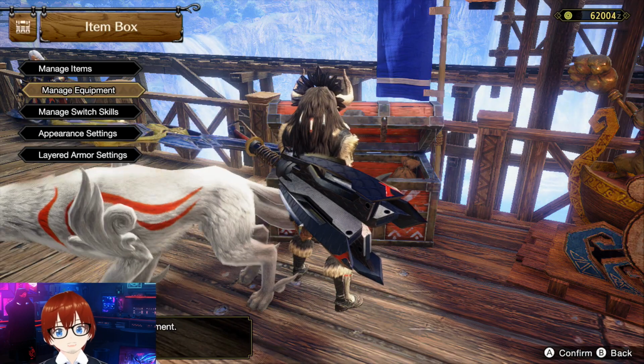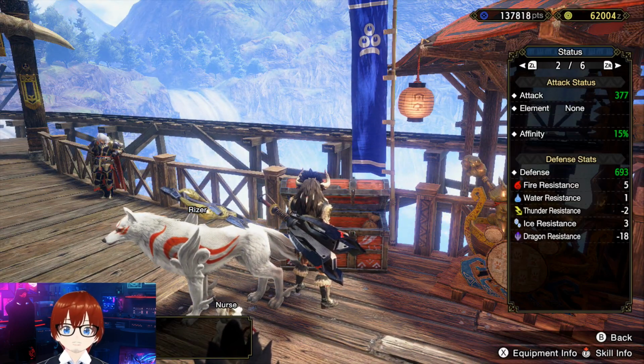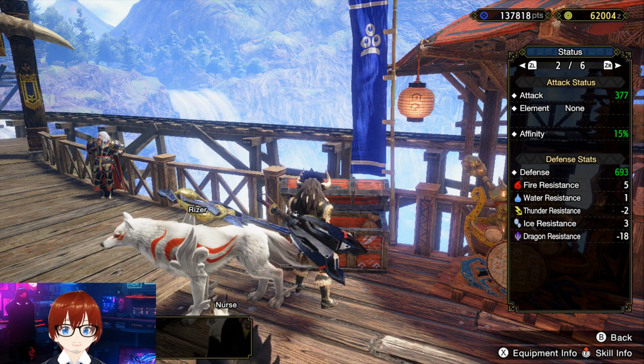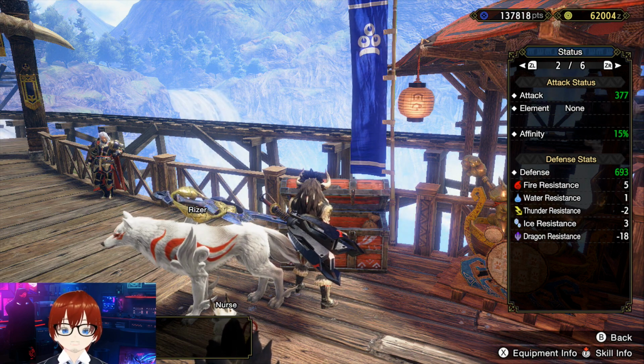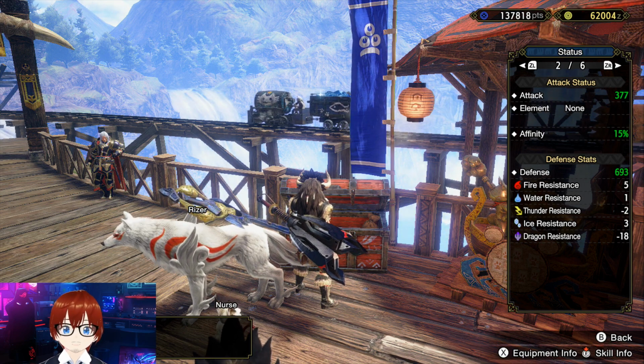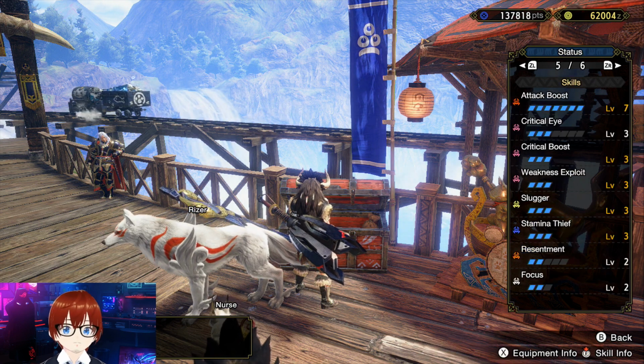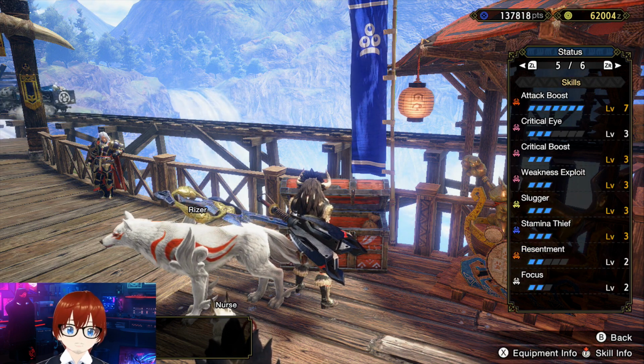When you put it all together, you're going to see that you get these basic stats here. As you can see, 377 attack, 693 defense. We don't really like Dragon or Thunder. Everything else we can kind of handle just fine. 15% affinity as well. For the skills, Attack Boost level 7, Critical Eye level 3, Critical Boost level 3, Weakness